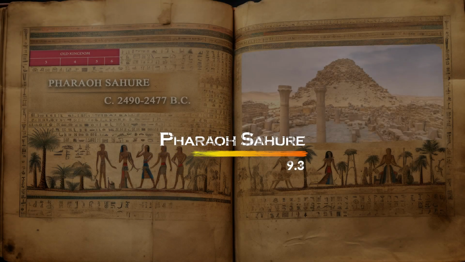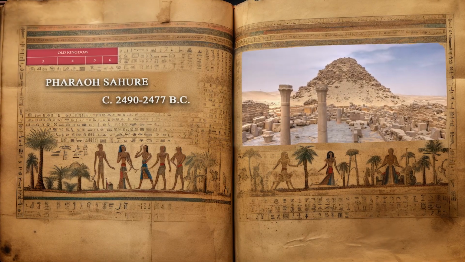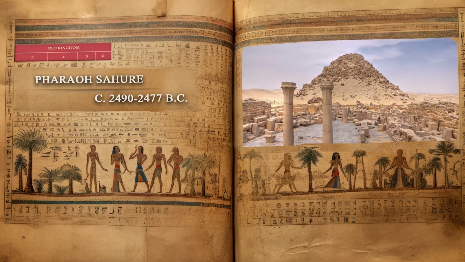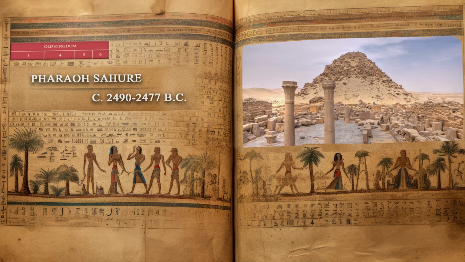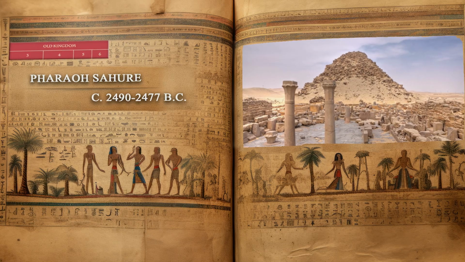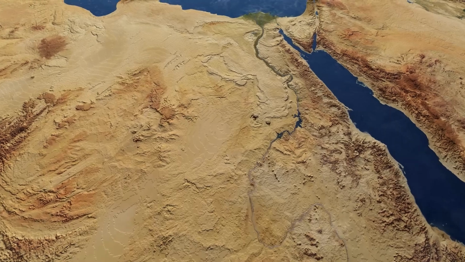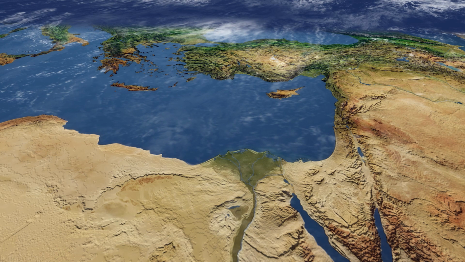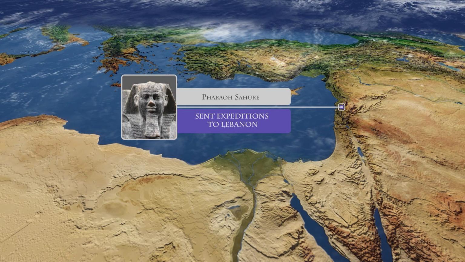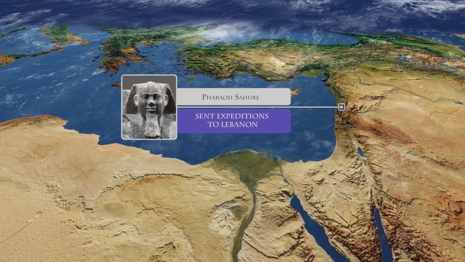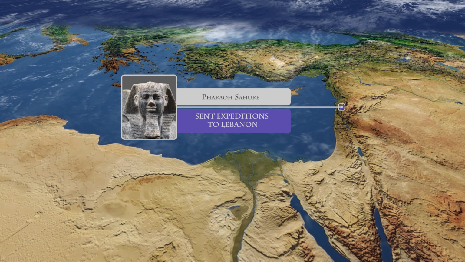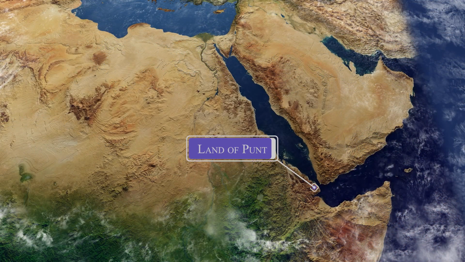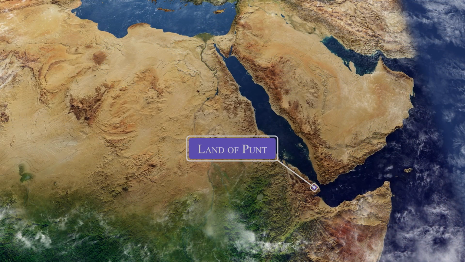Sahure, who ruled from about 2490 to 2477 BC, is considered to be one of the most important kings of the Old Kingdom of Egypt. His reign was a political and cultural high point of the 5th dynasty. During Sahure's time on the throne, Egypt had important trade relations with the Levantine coast. Sahure launched several naval expeditions to modern-day Lebanon to procure cedar trees, laborers, and exotic items. He also ordered the earliest attested expedition to the land of Punt, which brought back large quantities of myrrh, malachite,